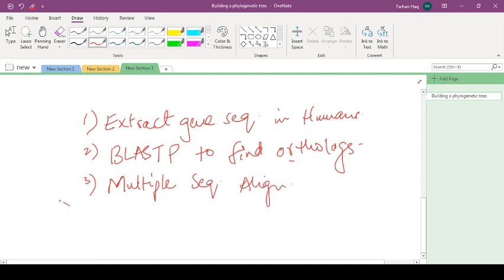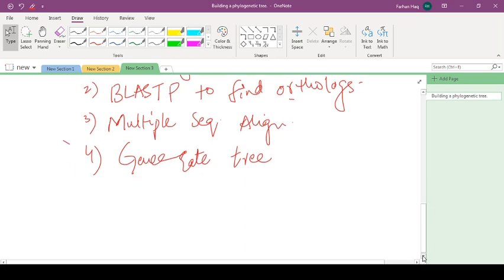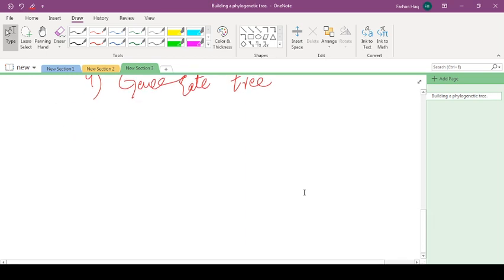And from the multiple sequence alignment, generate a tree, and from that tree in this exercise you will find the orthologs,